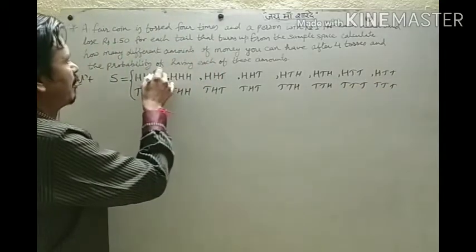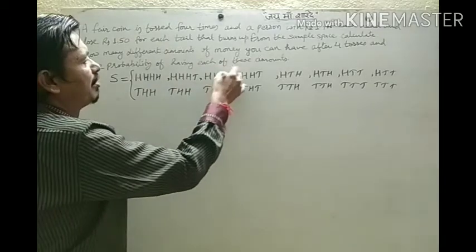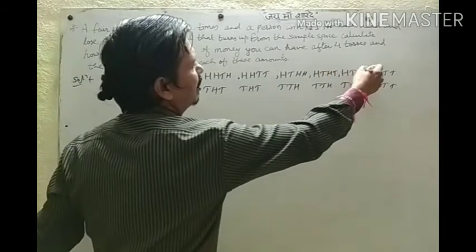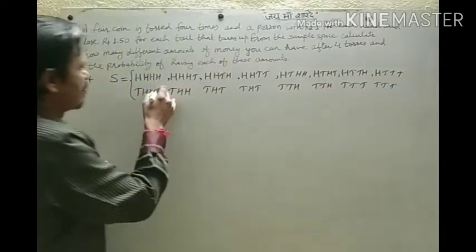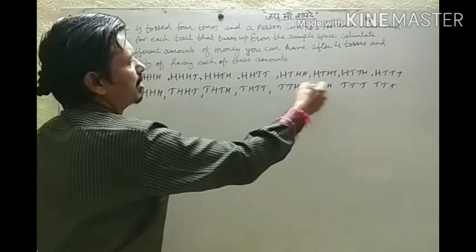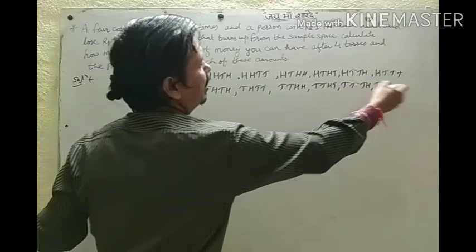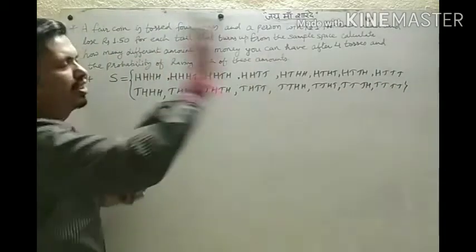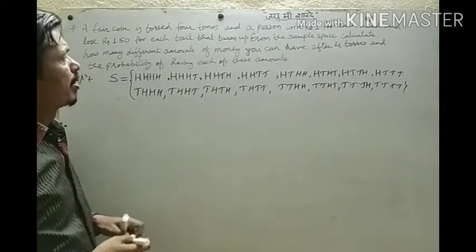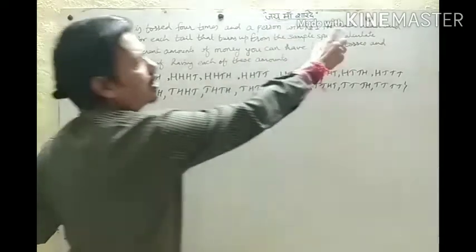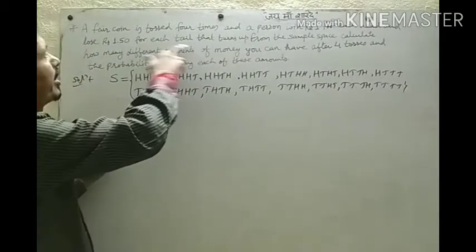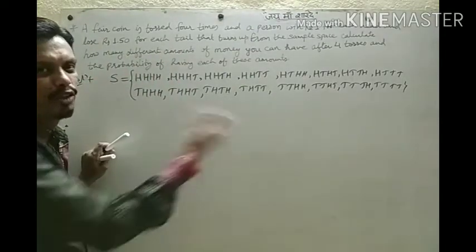Then its half, 1 head, 1 tail, 1 head, 1 tail, and so on, alternating head, tail until the end. These are our 16 outcomes. Without any confusion, we can write all the possible outcomes. Okay? Now what happens if we get head? Then we will win 1 rupee. And if we get tails, then we will lose. We have to give 1.5 rupees.